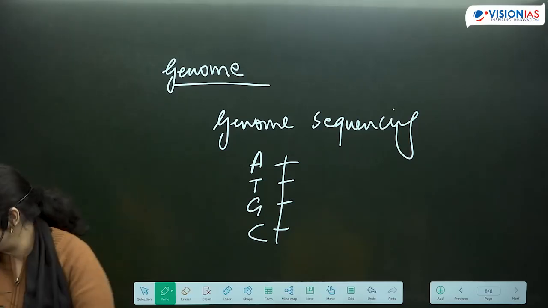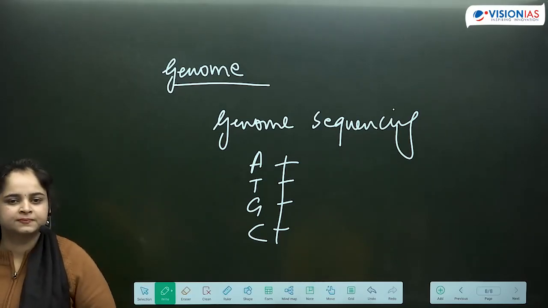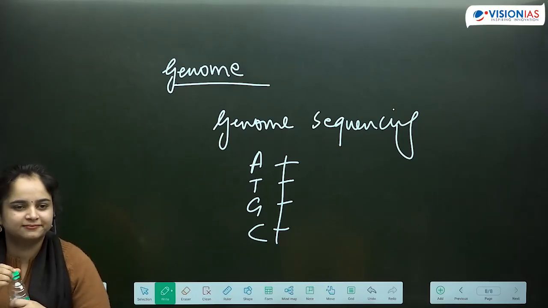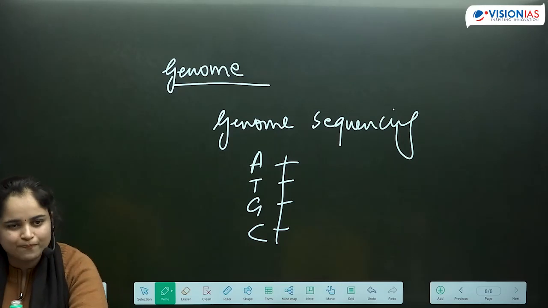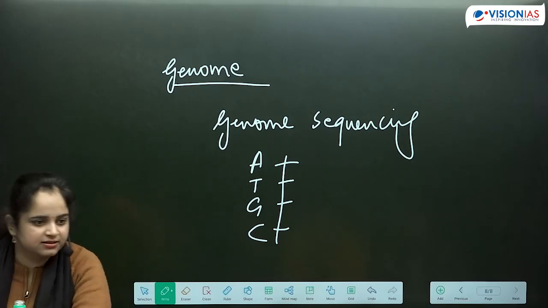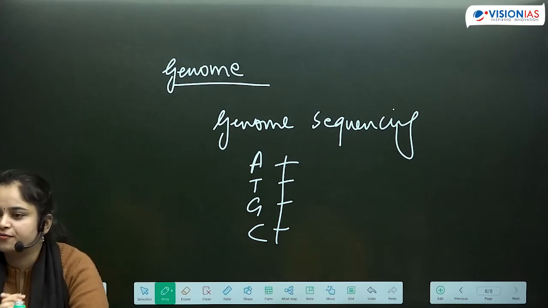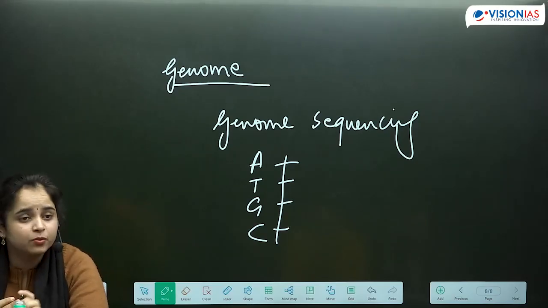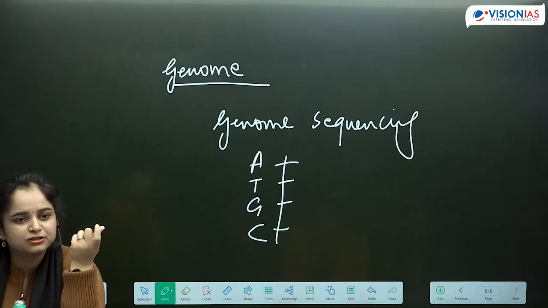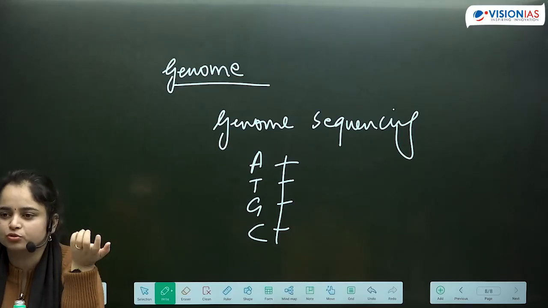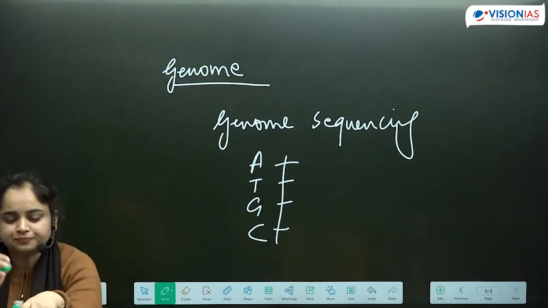Why do you think we need to do this? Disease identify कर सकते हैं, ठीक है? If you have the information of what are the different genes and what is their sequence, we can identify some parts of the genome which can be linked to some diseases. ठीक है? जैसे कि